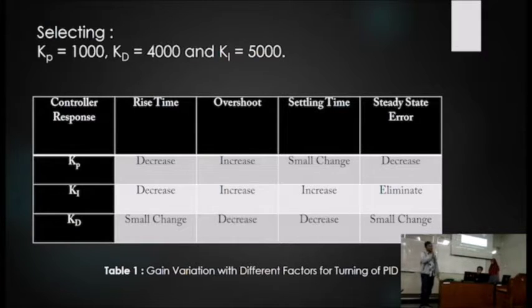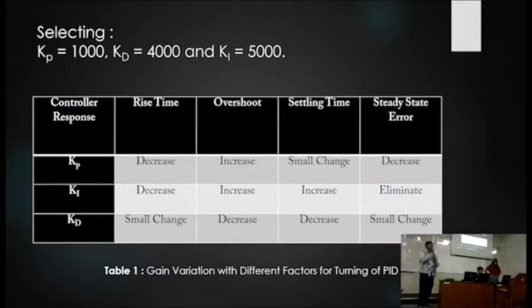Overshoot is like a percent of steady state error per rise time. Settling time is like when you need to respond, it will change the system control of the modeling. And steady state error is like when